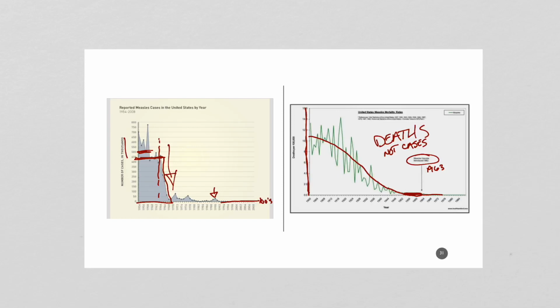And so, yes, other medical technology can prevent deaths, but vaccines, in addition to that medical technology, and in places where that medical technology is not available, those vaccines can go in and they will lower both the number of cases and the number of deaths. So don't let yourself be fooled by some of these charts that are floating around out there that say, look, the number of deaths was already dropping before the vaccine. We didn't need the vaccine.